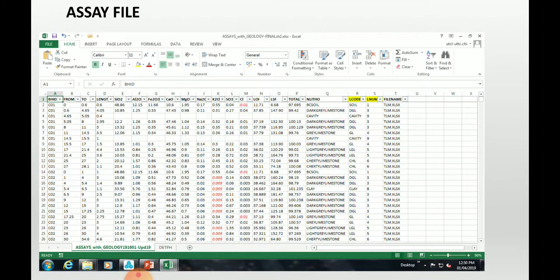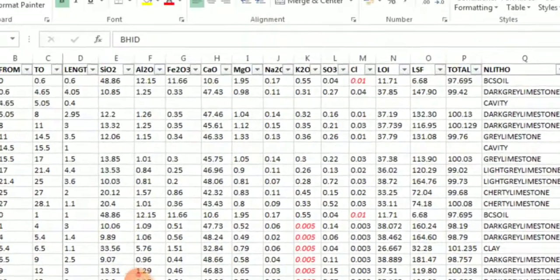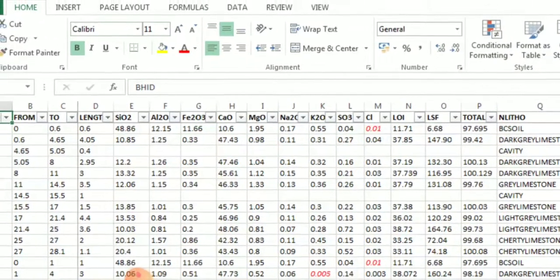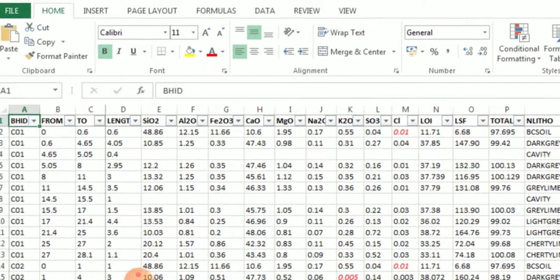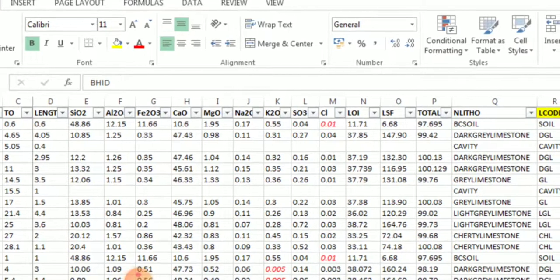Assay file: again borehole ID, from, to, length, and the radicals like SiO2, Al2O3, Fe2O3, CaO, MgO.